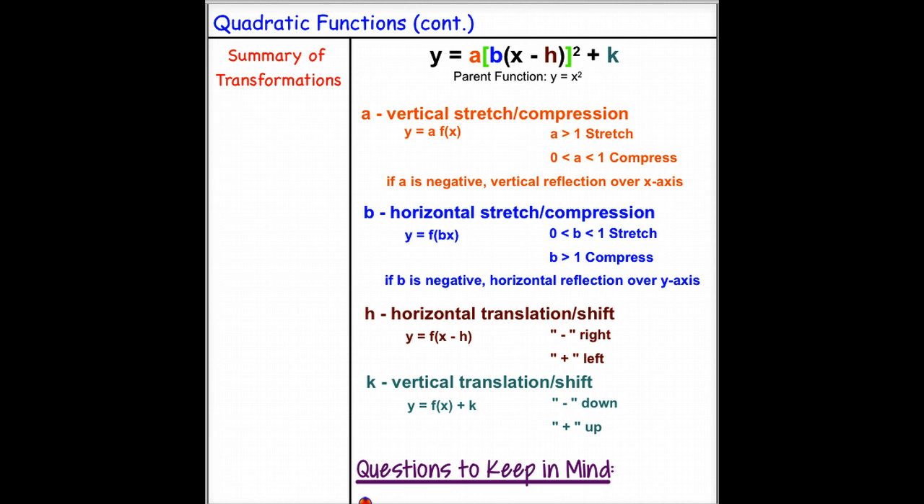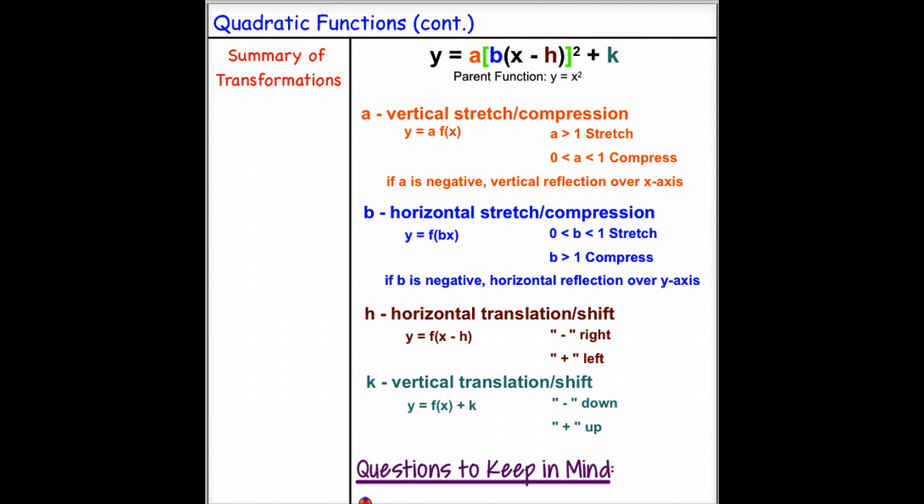then that means that it is a vertical stretch or compression. If our a value is bigger than 1, it is a stretch. If our a value is between 0 and 1, then it is a compression. If it is negative, then we combine it with the reflection and make it a vertical reflection as well over the x-axis. Now if we have a b value, which will be inside the function, then that will be a